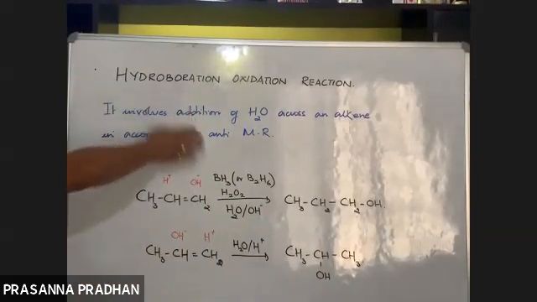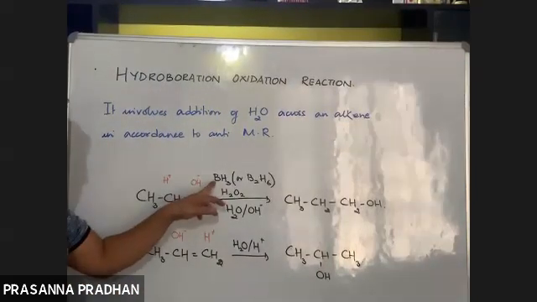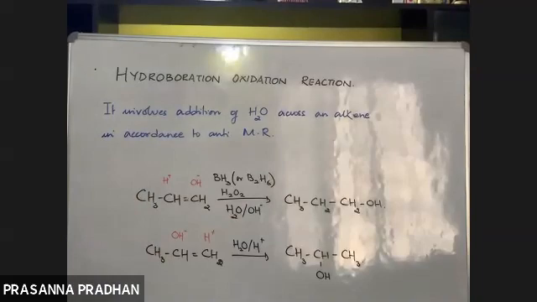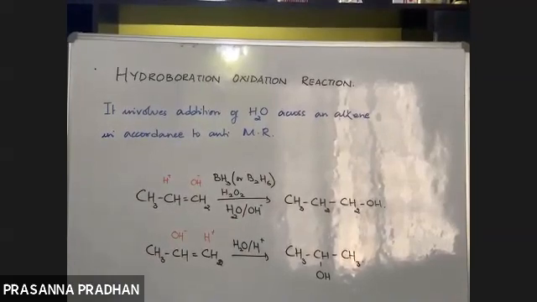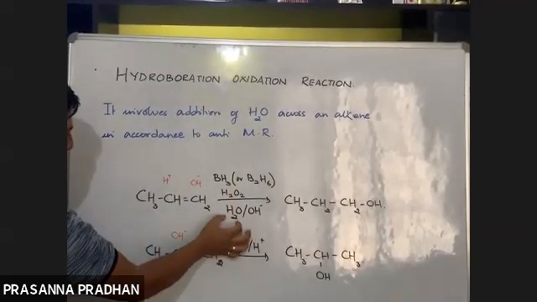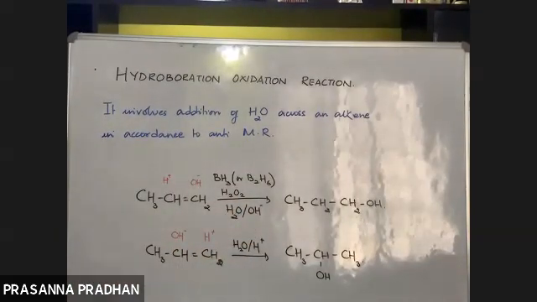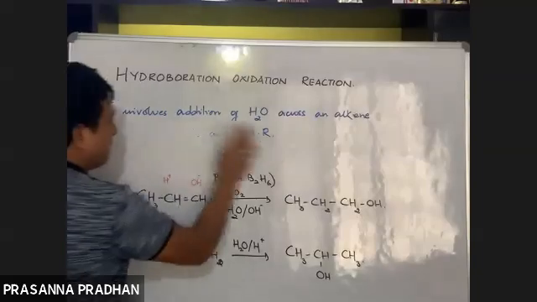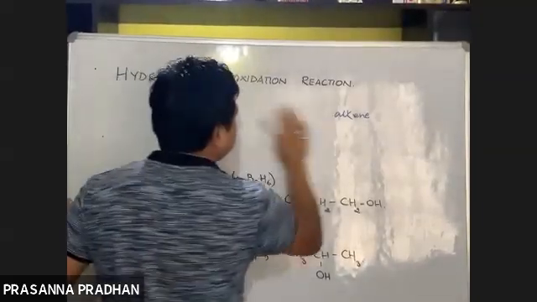Okay, so you need to remember the reagents. Don't get confused: either BH3 or B2H6. B2H6 is the dimer of BH3; you have studied this in your class 11. B2H6 dimer, hydrogen peroxide, and addition of water occurs in alkaline medium. So these are the methods of preparation of alcohols from alkenes. From alkenes we can add a water molecule either following Markovnikov's rule or anti-Markovnikov's rule. That's it.